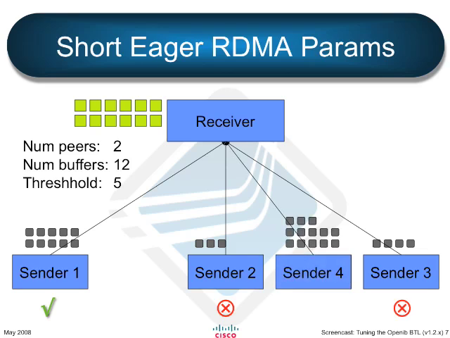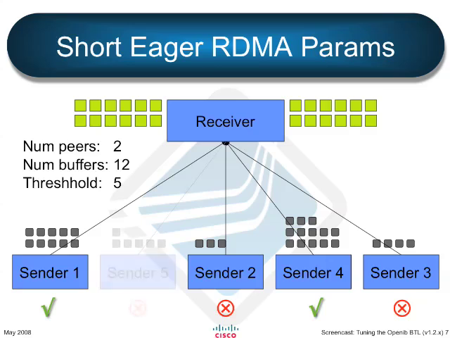Then let's say sender 4 comes on and sends a whole pile of messages. Clearly, this sender meets the threshold of 5, so we say, yes, you are blessed. We allocate a bunch more receive buffers for you, and your next short messages can use RDMA, which is faster and better. Finally, sender 5 comes on the scene here, and sender 5 sends 6 messages,